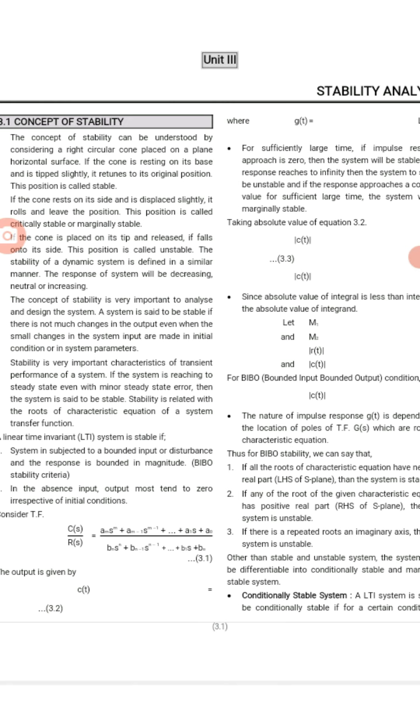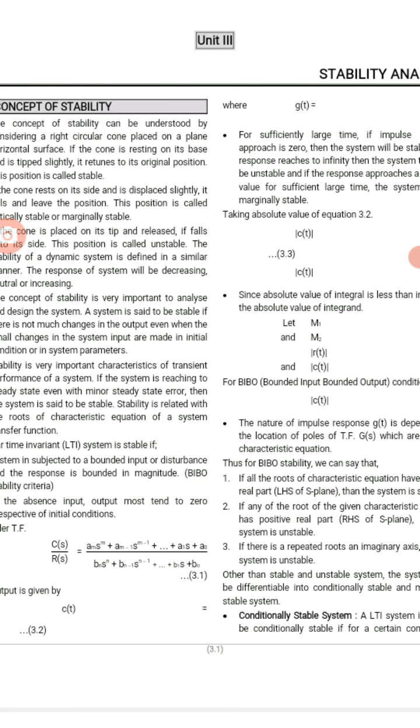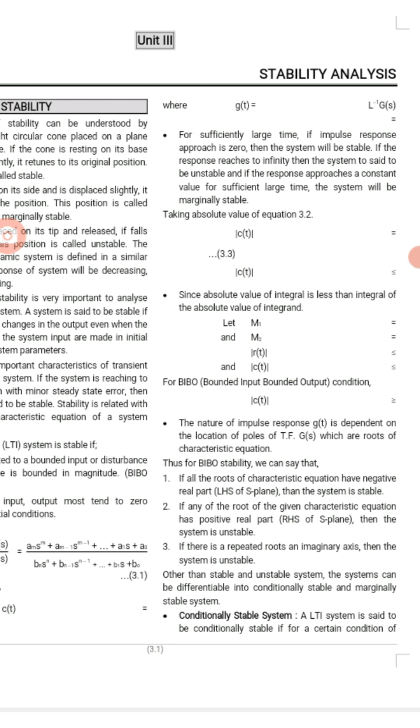Initially we design a system on paper and then we go for hardware design of the system to analyze whether that system is stable or not. We find out the Laplace transform and put its pole and zero locations on the Laplace transform S-plane, and then we analyze whether the system is stable or not. It is important to study mathematical analysis first. Based upon this mathematical analysis, we analyze whether that system will remain stable forever or not, and then we go for the designing part.